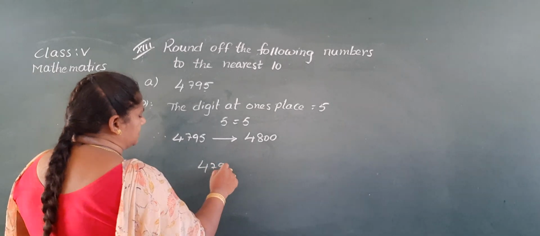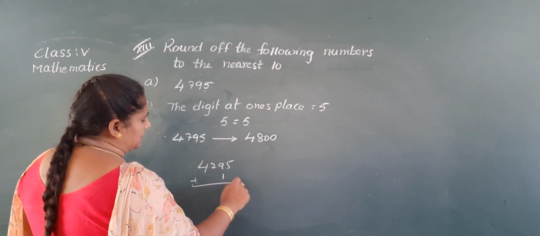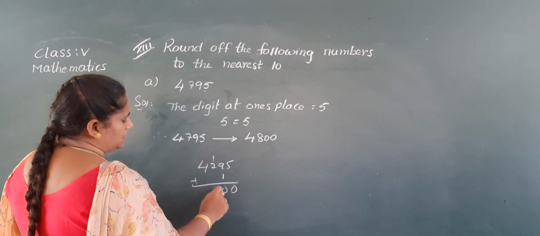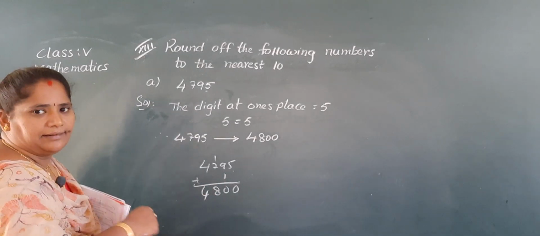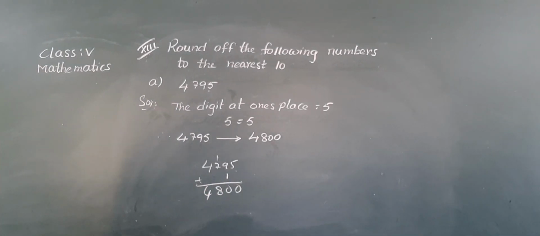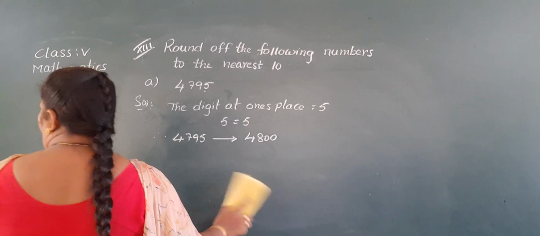How do we get that answer? See, if you add 1 to this number and this becomes 0, so this becomes 4,800. Okay. And say next one,